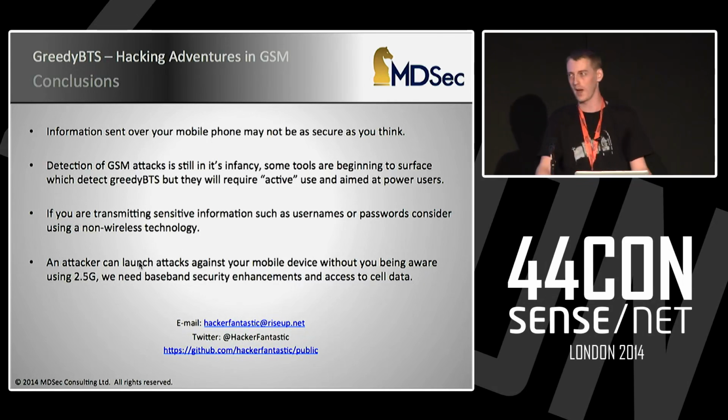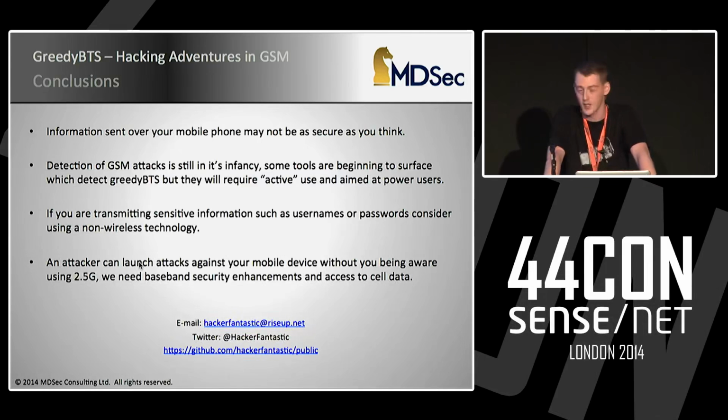The only real surefire way of detecting if someone is intercepting is to make one call on your original network, test if encryption is there, and then make a call on the fake environment and see whether encryption was turned off or not. And that only really works if someone's interested in your call content. They could also be trying to get access to your data, which uses different encryption and different protocols, and it's still going to expose information that you may not have thought you were exposing. If you're sending sensitive information such as usernames, passwords, or other material, then I would consider not